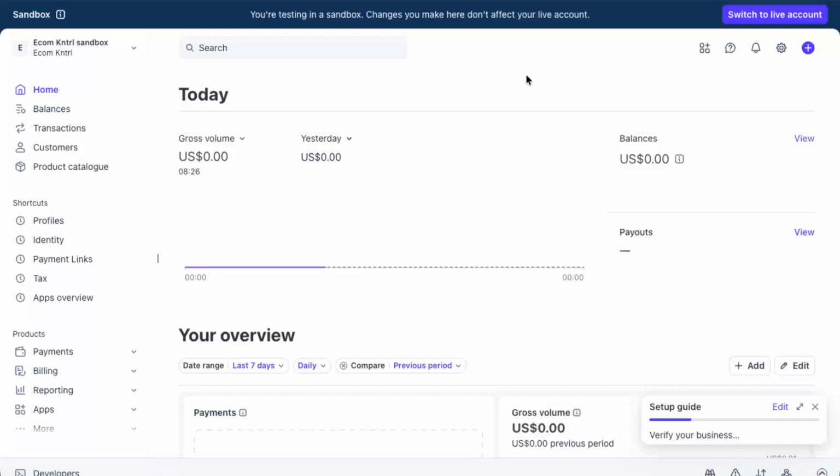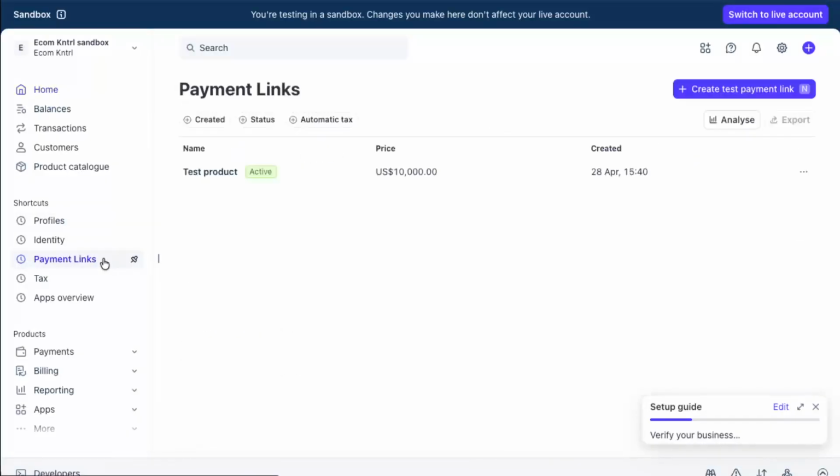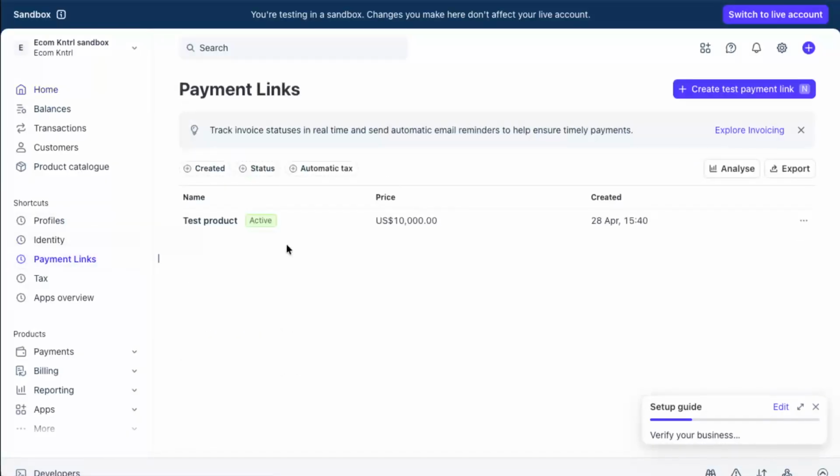they've paid. First, open your Stripe dashboard and make sure you're logged into the correct account and environment, usually test mode if you're still experimenting. The home dashboard is your main control center, and from here, we're going to head over to the section that controls payment links. On the left-hand side of the dashboard, look for the option labeled Payment Links and click on it. This opens a list of all the payment links you've already created, which might be for products, subscriptions, or